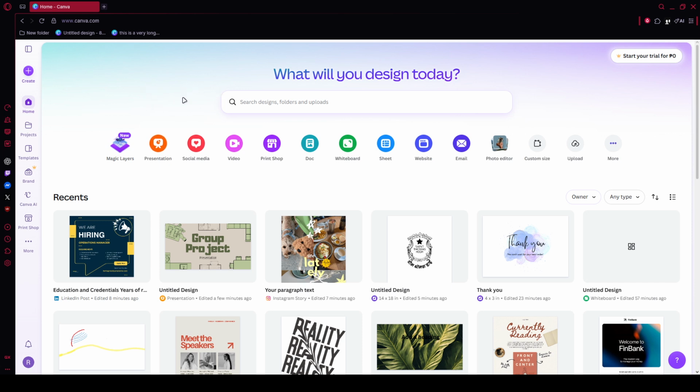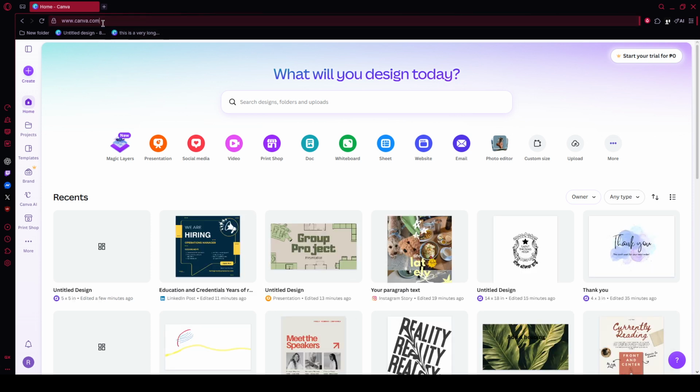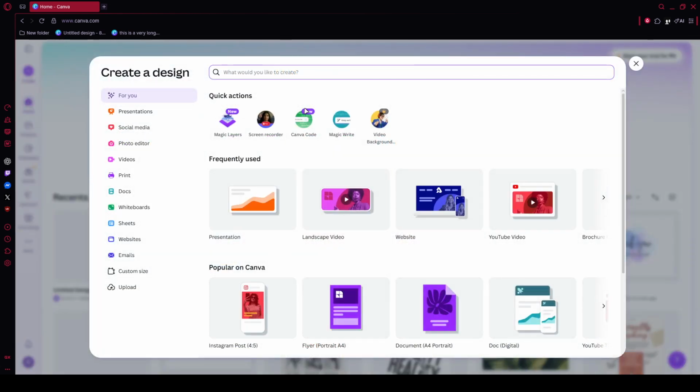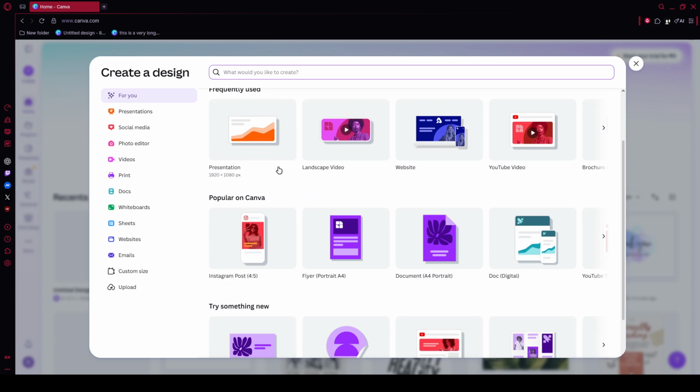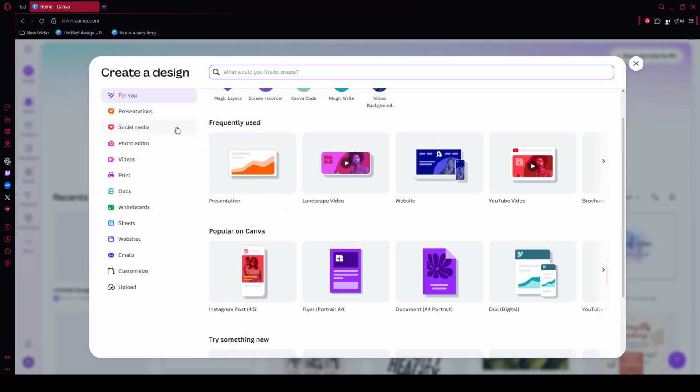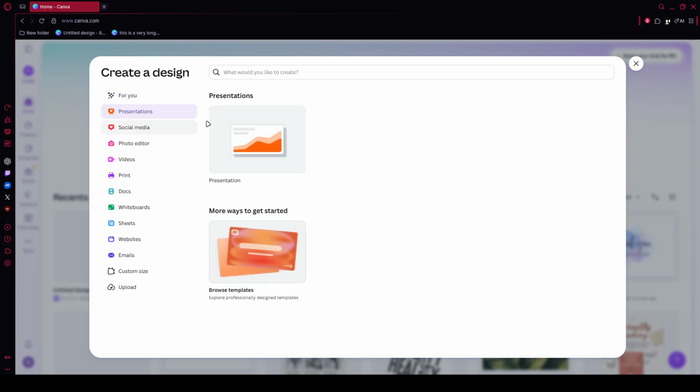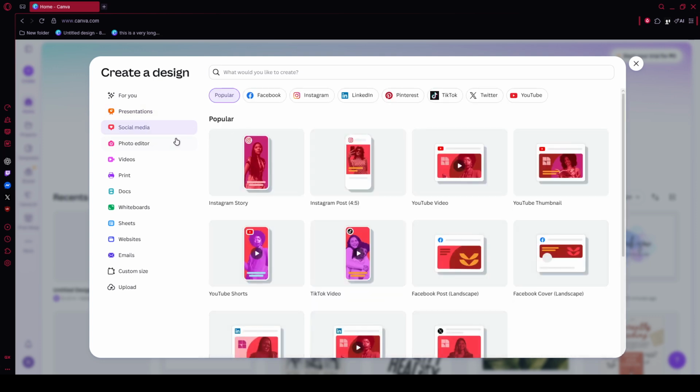Start by opening your web browser and going to canva.com. Once you're logged in and on the Canva homepage, look to the top right corner and click Create a Design. This is where every new project begins, and it gives you access to Canva's ready-made formats. When the drop-down menu appears, choose the format that best fits your goal. For example, you might pick Instagram post in portrait format for social media, flyer for printed outreach, or presentation for